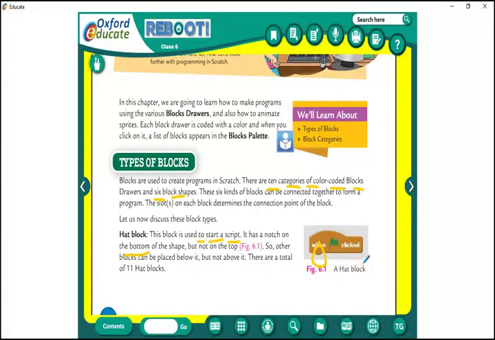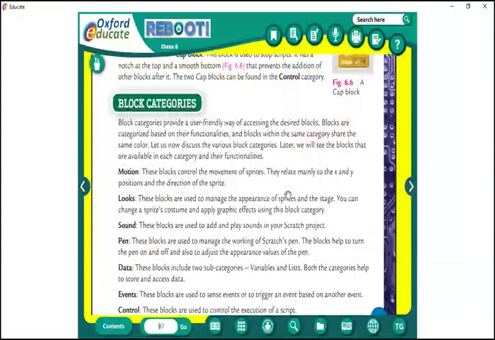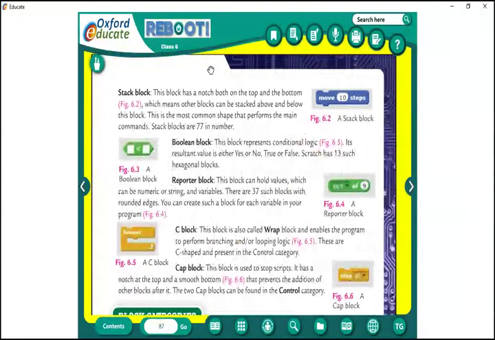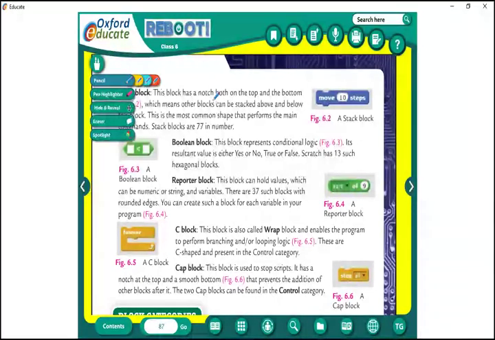Clear? Now we'll go to the next page, which is the second type of block, that is the stack block. The stack block has a notch both on the top and bottom. Underline, please. Top and bottom. See here, look here.